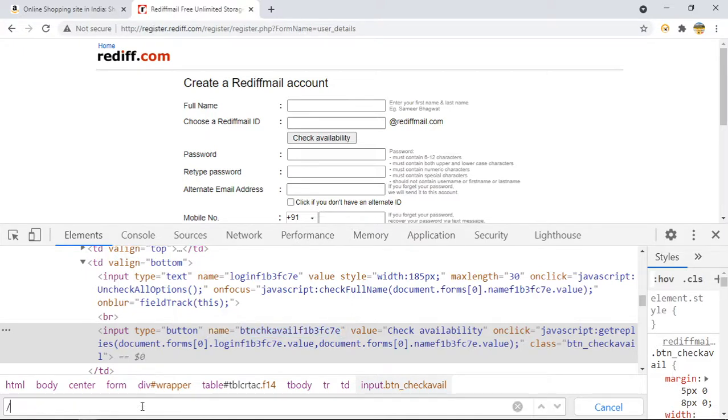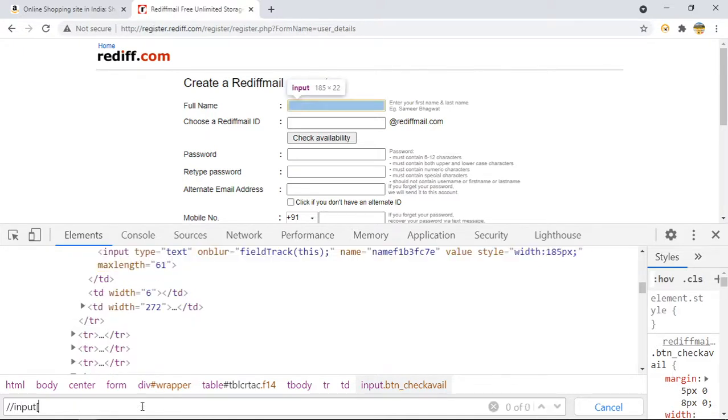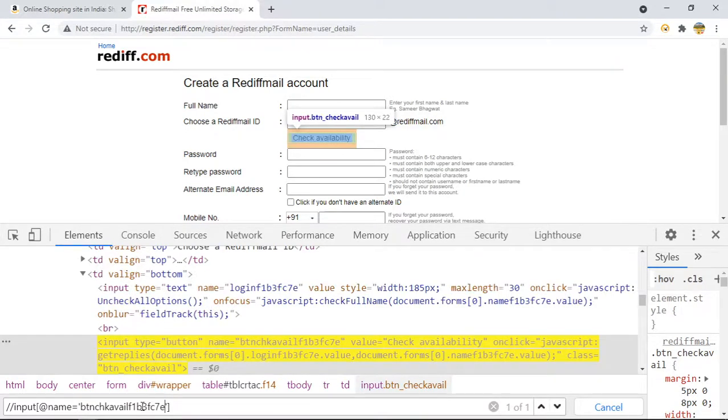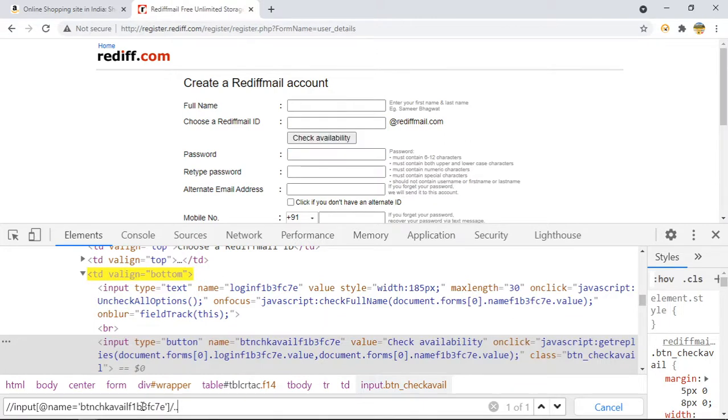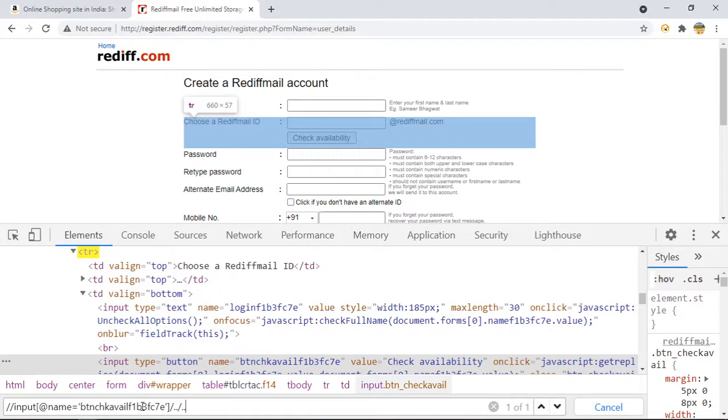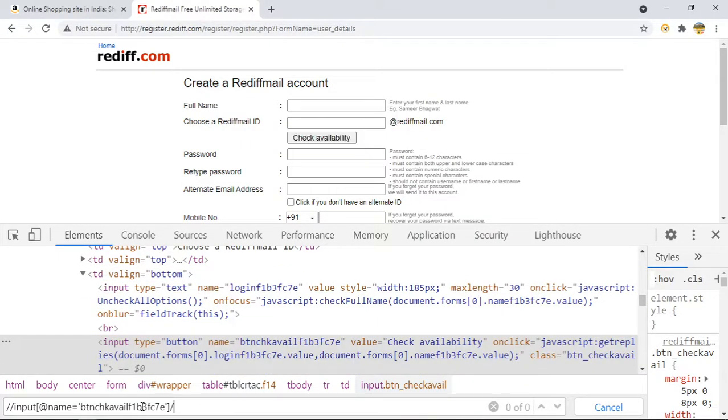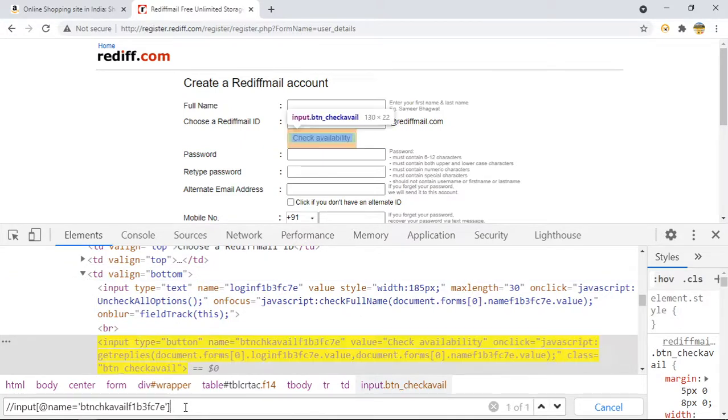How can we do it? Input. Suppose you are confused and want to know what the parent is, so provide slash dot dot. Now this is the parent, right? And if you want to know the parent of this one, provide one more. Now this is the parent of this one, right? So you can do it this way as well. So we have three ways: either go from bottom to top, or try to minimize it, or you can use CSS or XPath. So suppose I'm here, so let me take this.